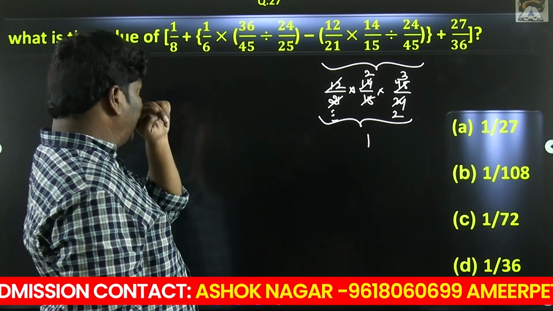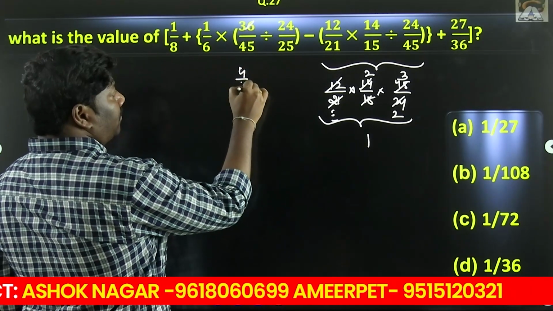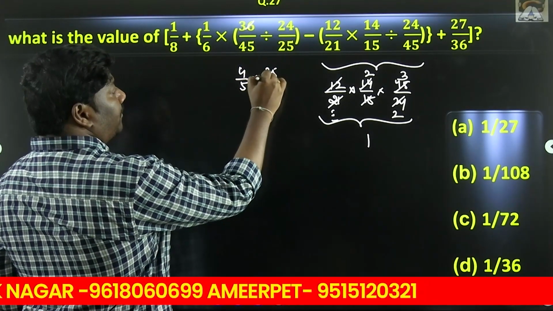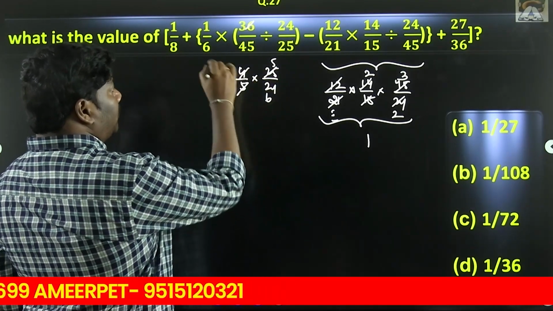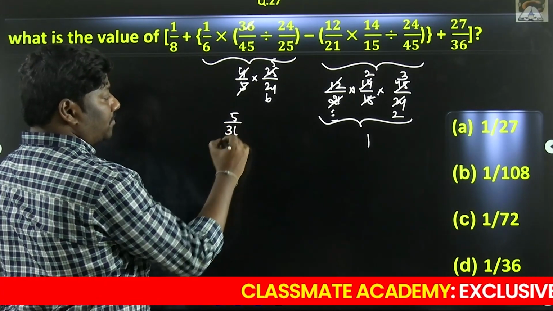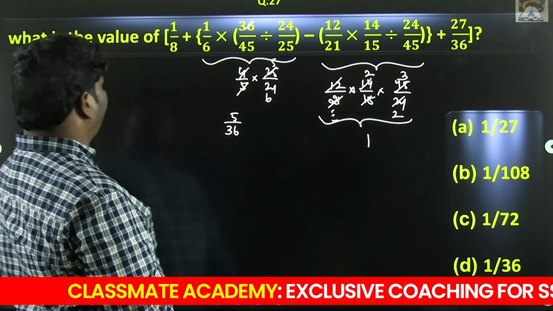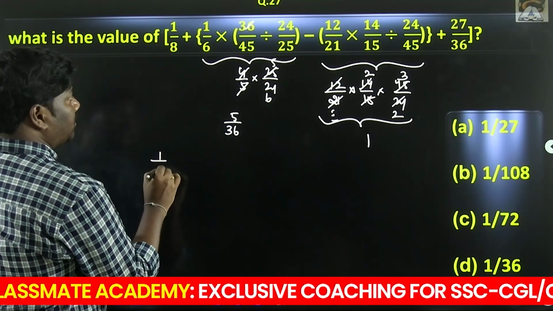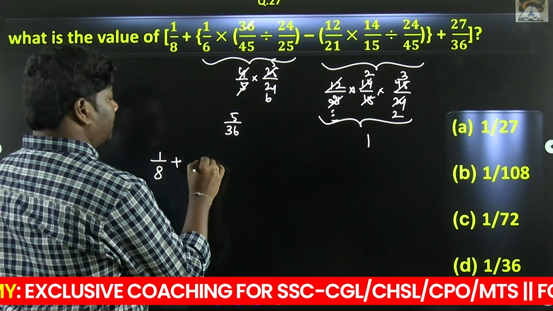Right? You calculate this. This is 4 by 5 into 25 by 24. 5 by 6 you are getting. 5 by 6 into 1 by 6 is 5 by 36. Okay. Now you take out these braces. Therefore, you are getting 1 by 8 plus this one is 5 by 36